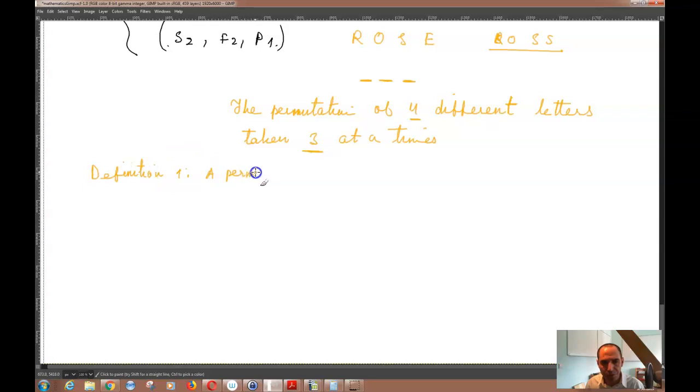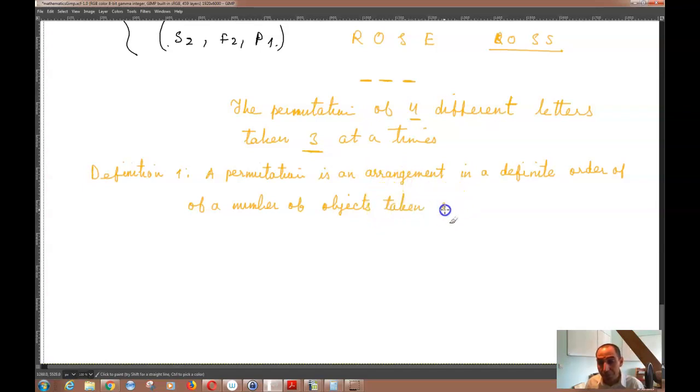So a permutation is an arrangement in a definite order of a number of objects taken some or all at a time. So what that means is that basically